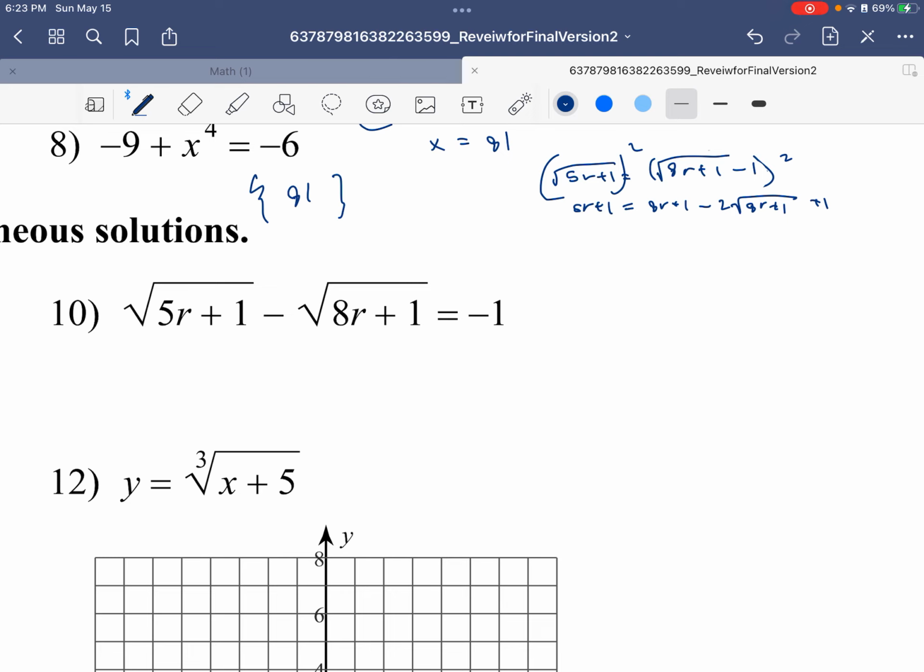Nice. Okay, we're gonna combine. We'll see what we can simplify first. Combine like terms and continue. So we can get rid of plus 1, and then